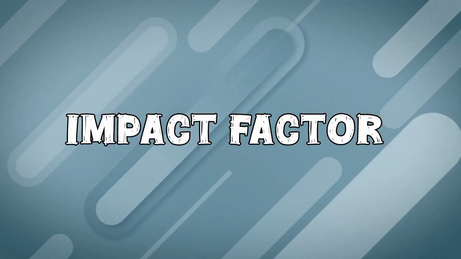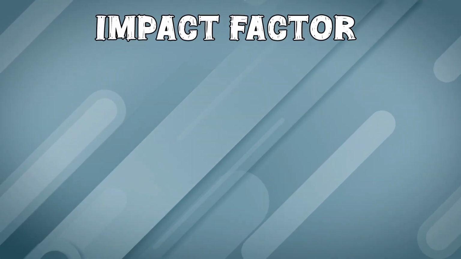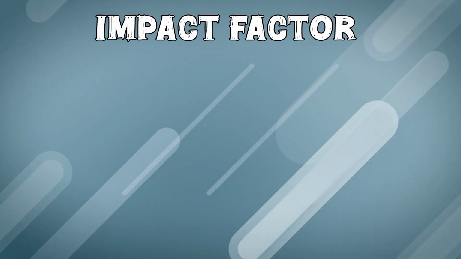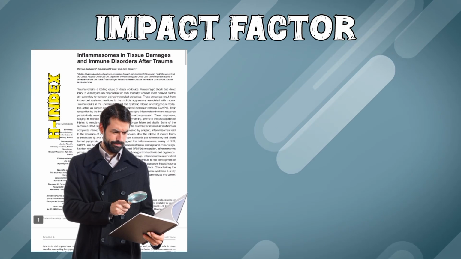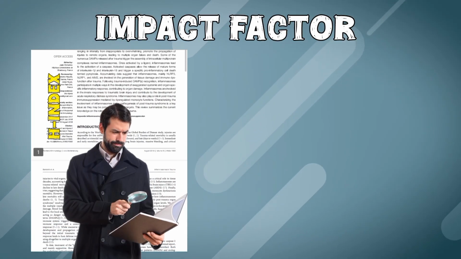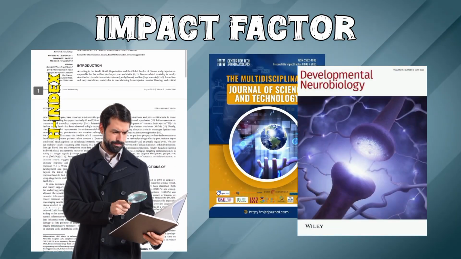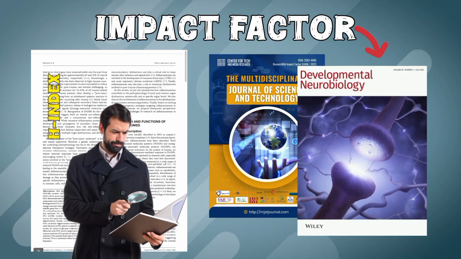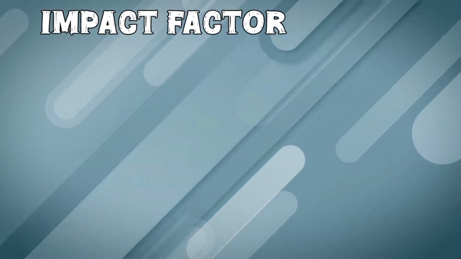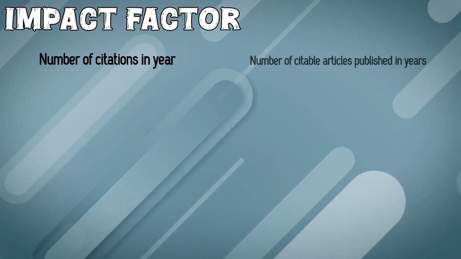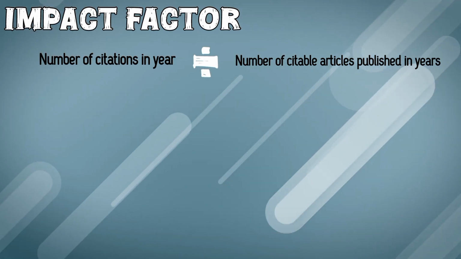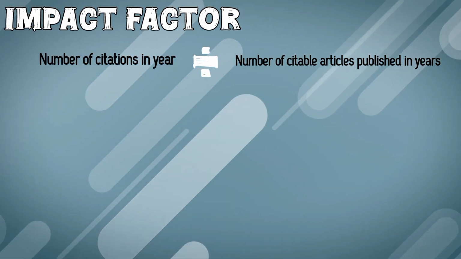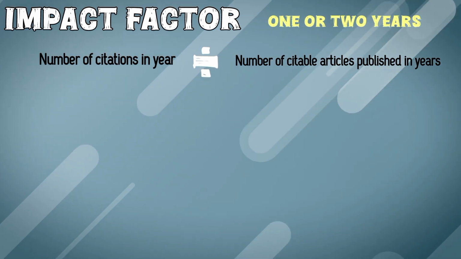Another metric that exists is the impact factor. Impact factor has a structure similar to the H-index, with the key difference being that the H-index is generally a validation metric for individuals and individual articles, whereas the impact factor is a metric used exclusively for evaluating and measuring the prestige of journals. This index also has a specific formula: the total number of citations received by the journal in the last 2 years, divided by the total number of articles published by that same journal within those same 2 years. For example,